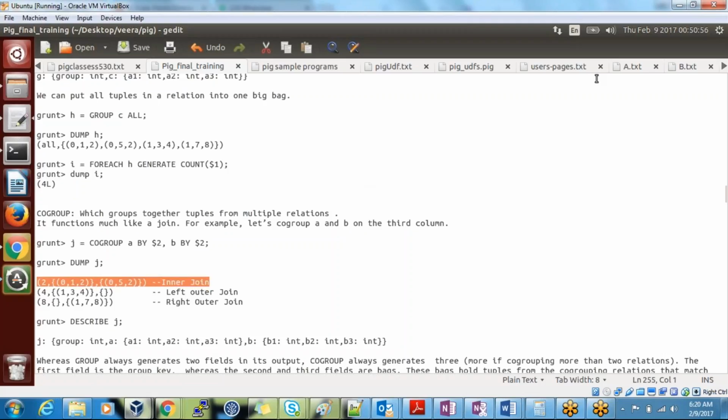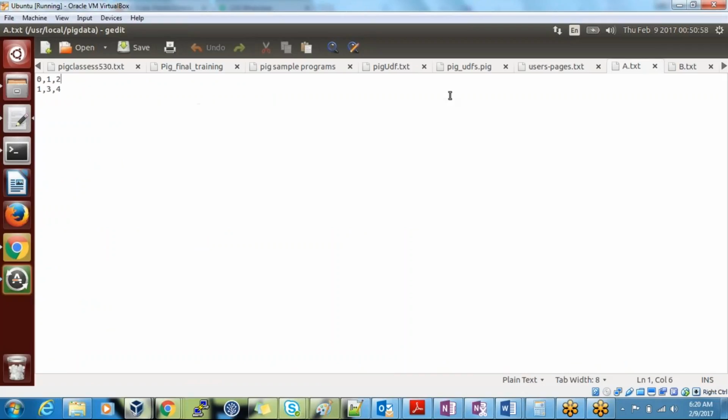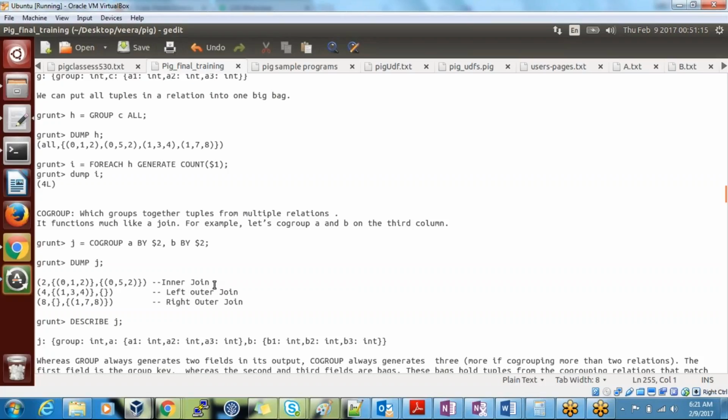If you see in A, you have a 2 here. In B, you also have a 2 here. It means both relations have a last column as 2. So now I got the join. What kind of result is that? That is a kind of inner join. Only common fields are fetched.